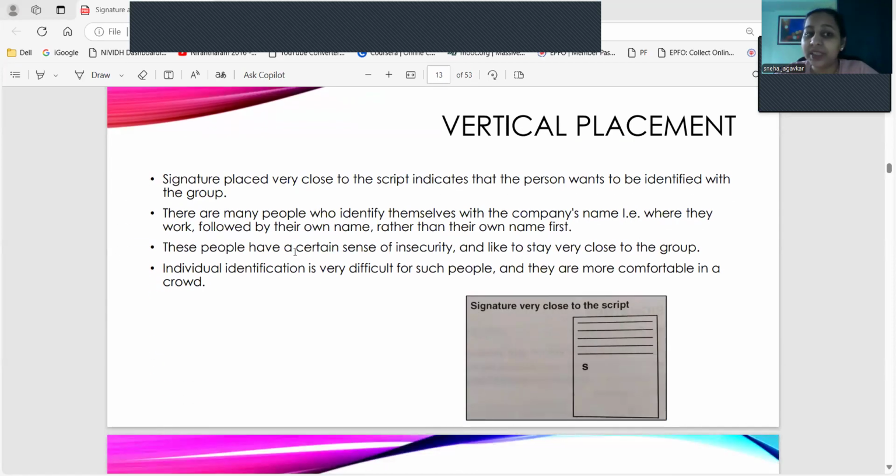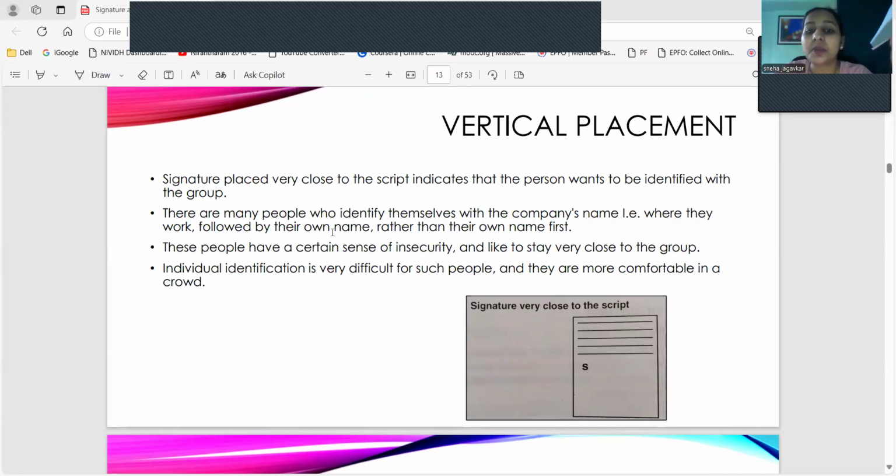Now, vertical placement, the very first one. So we are, please don't get confused again. I'm speaking about the vertical placement, this particular point. This particular point I'm going to speak right now. Okay. So signature placed very close to the script, it indicates that the person wants to be identified with the